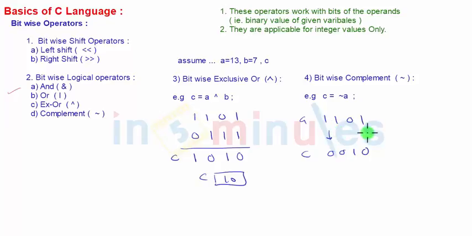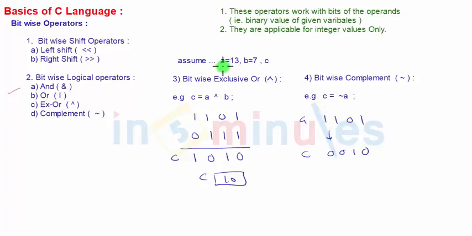Just in the exam you can write the answer like this, because in exams at first year, second year level, they just take the knowledge of how the operators work. In detail how they are working in the background is really very difficult to understand, because the variables can be signed variables, unsigned variables, integers, long integers. Accordingly this answer is going to obviously vary. In the exam you can just mention the bitwise complement operator complements the bits of the given operand, that is, ones become 0, 0 become 1, and so the answer will be like this.